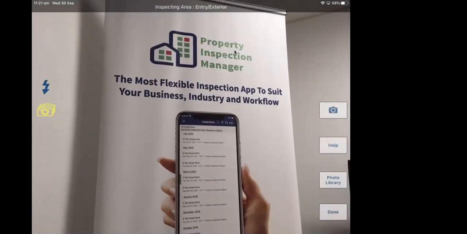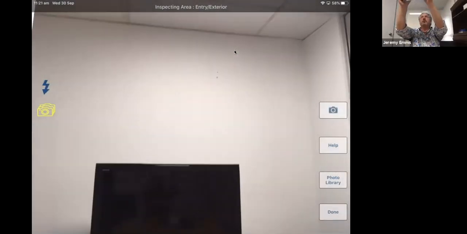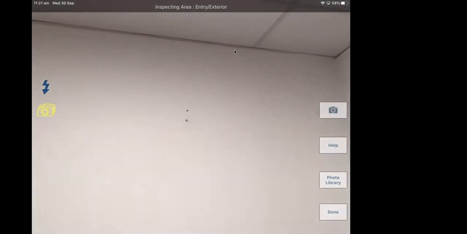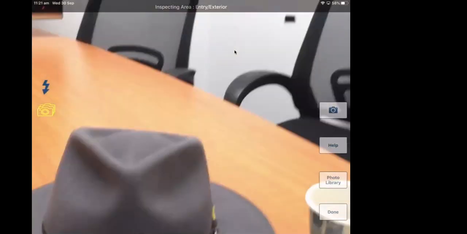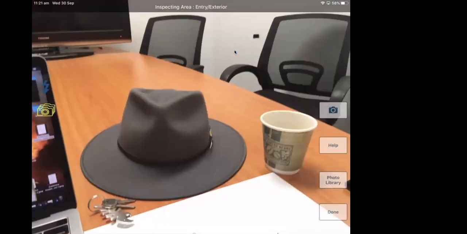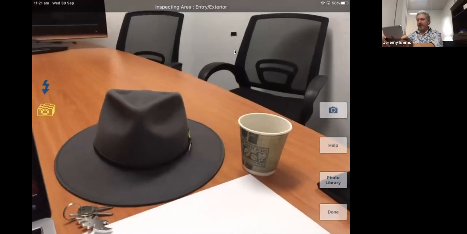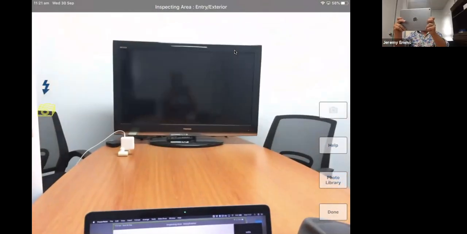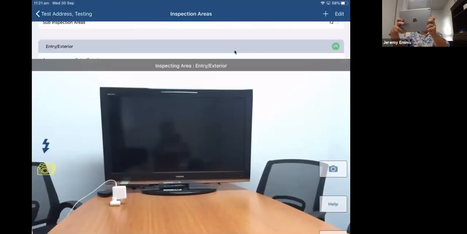So I can just click, take a picture. Just going to zoom in on that one there. And I can take up to 20 photos before it asks me to take another 20 photos.